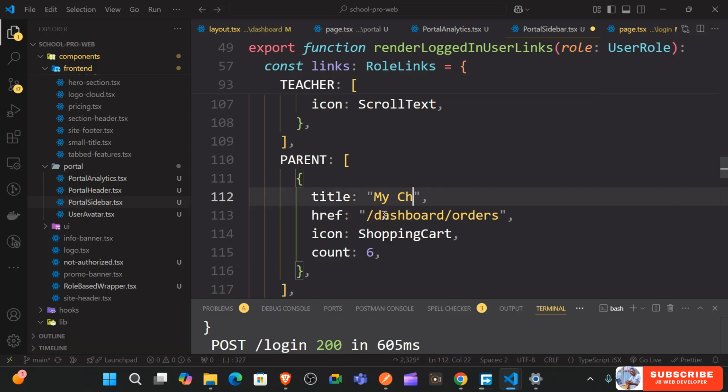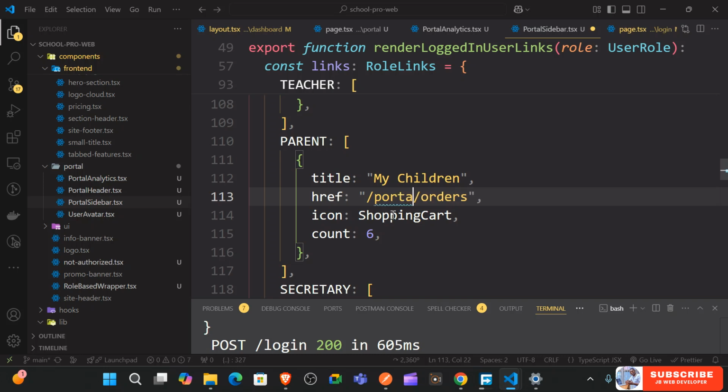I'm just going to call it my children, and dash is going to be portal. This is going to be parent, and then we're just going to have this page